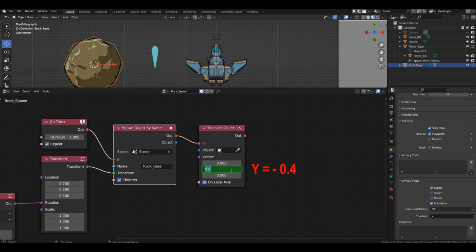For example, -0.4. Most importantly, the object field can't be left empty because this logic branch is tied to the background. We also can't specify the rock base object, because we'll have several copies of the same object on the screen. We need to move the current object just once, right after the spawn, so we need this wonderful object output on the spawn block. This output returns precisely the object that was spawned by this spawn block at the moment. Connect it to the object channel on the Translate block.